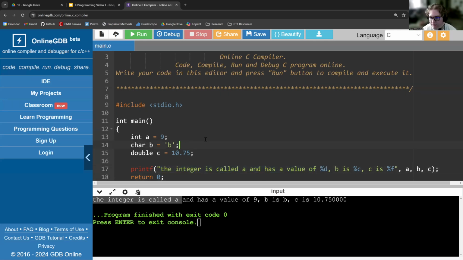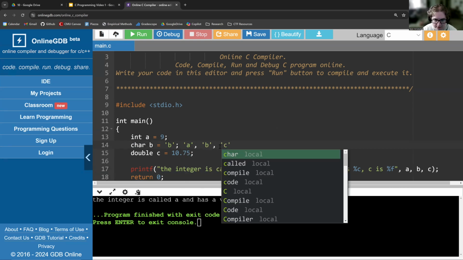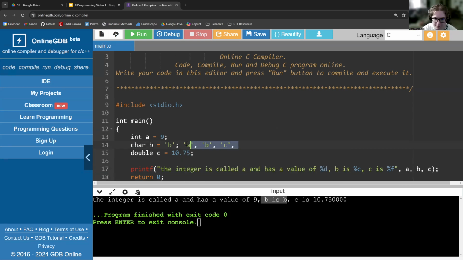It printed out the value of A because I told it that it's going to expect an integer, and then I provided it as an argument to the printf function. And so then B is B, because I set B equal to the character B, which might be a bit confusing. But a character type is only going to be one character, so it's either going to be A, B, C, etc. So character type, and then I printed it out %c, and then the second, since this occurs, it's the second